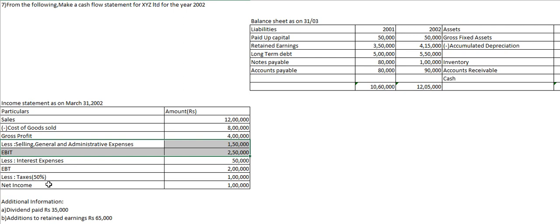And when you deduct your taxes, this is your current year tax, which is 1 lakh. If you have your current year taxes, what will you basically do? You will add it to your net profit in order to calculate your net profit before taxes. So your net profit will be added with 1 lakh. Next they have given your net income.